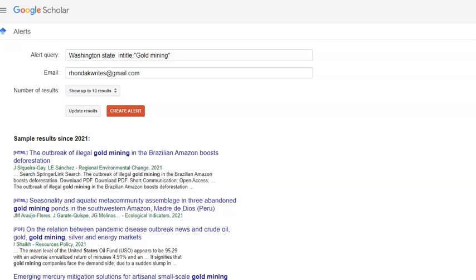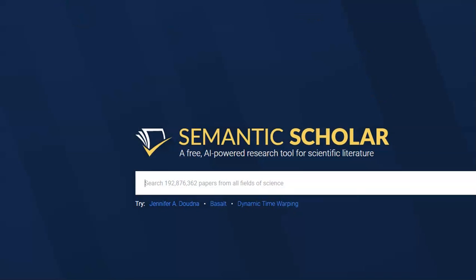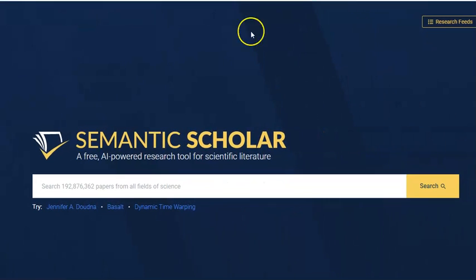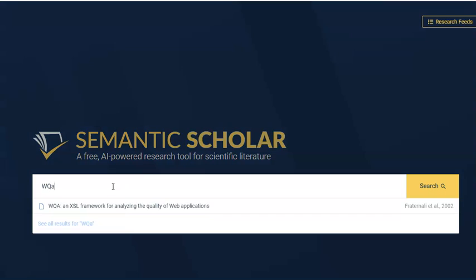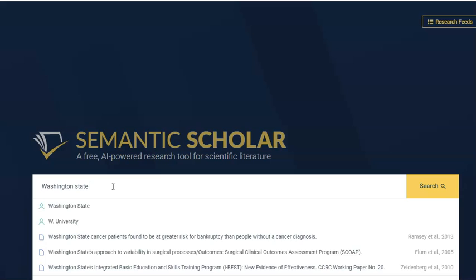So I told you I was going to show you some other things, and I wanted to show you Semantic Scholar. If you find something here that is not full text, you can come back to Google Scholar or the library. But this is also a way to look for things, and many of these things are open resource and available to you. So if I put in Washington State gold mines,